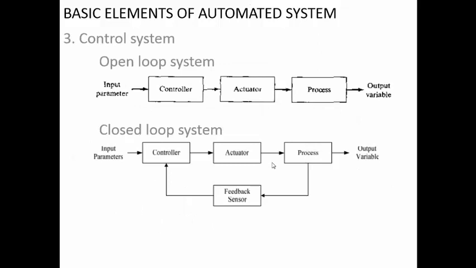Next one is the control system. So whatever program of instructions is there, that has to be read, then it has to be decoded into appropriate signals so that the process is happening as per the expectation. If we take the example of the heat treatment furnace, the process will be the controlling of the fuel. If it is an oil fired furnace, then it is the controlling of the fuel supply to the burners. If it is an electrical heat treatment furnace, then it is controlling the power that is going to the heating coils. So the appropriate signals have to be generated so that the power supply is controlled.